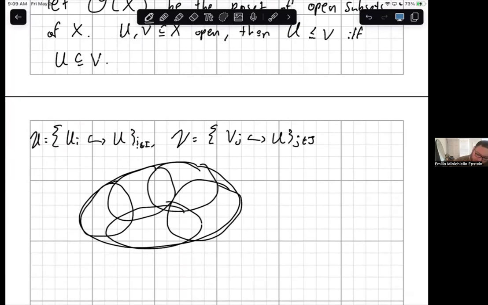So maybe I have V1, V2, V3, V4, V5. Then each Ui just has to be a subset of these guys. So maybe we have something like U4, U7, U6, right? What couldn't happen to be a refinement is something like that, where it doesn't land completely inside of